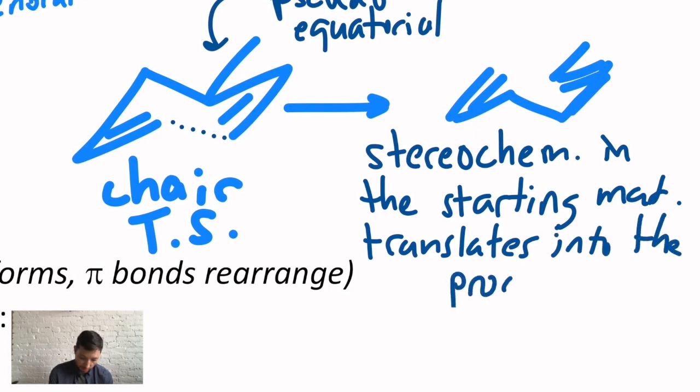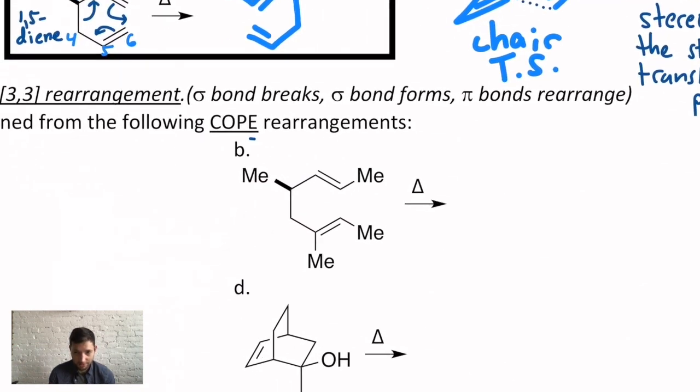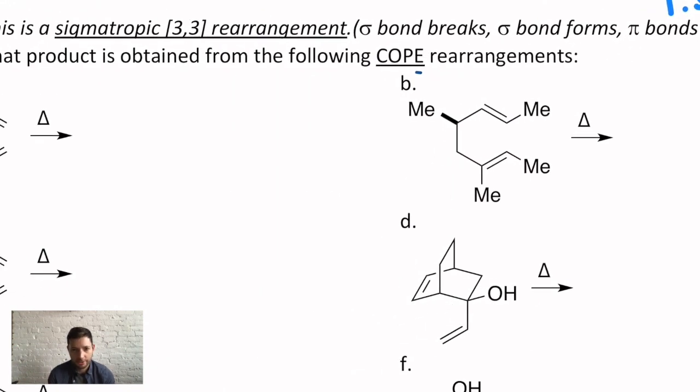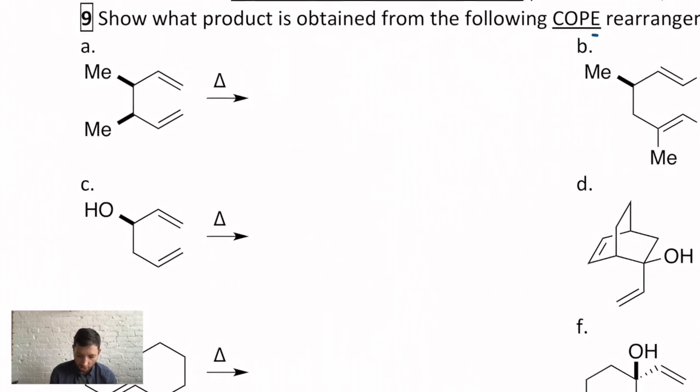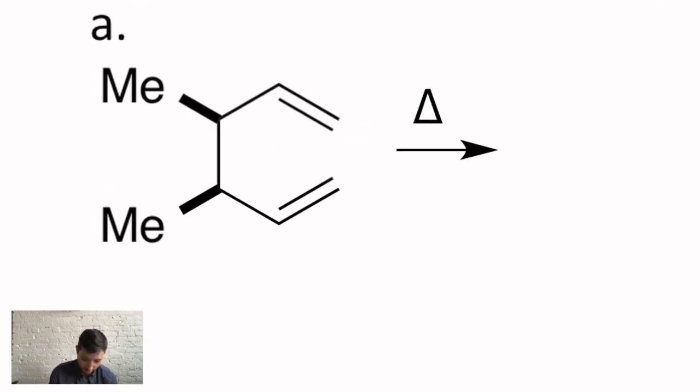There's actually many reactions where this happens, but this is one of the first times that we've looked at this in a little more detail. So let's look at some examples. These are all concerted. There's no real mechanism to show. It's one step, but there are often interesting outcomes based on some pretty interesting examples of Cope rearrangement reactions. So let's walk through a couple of them, and again, I'll just sort of show you how I figure out